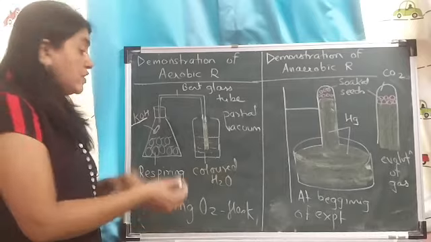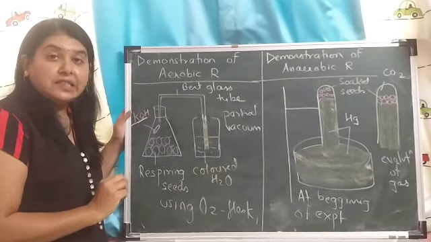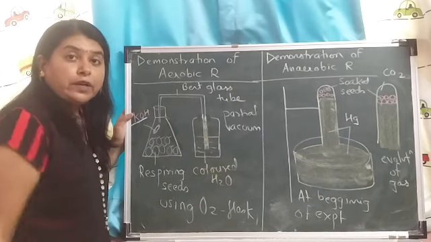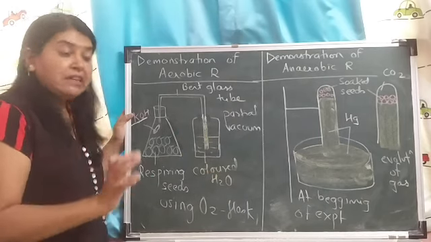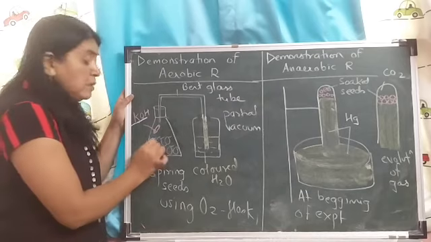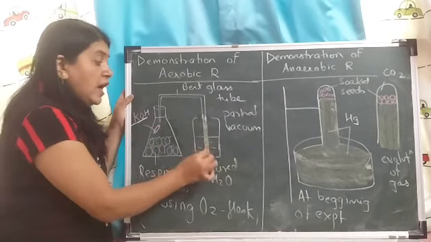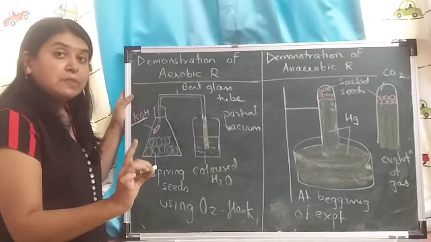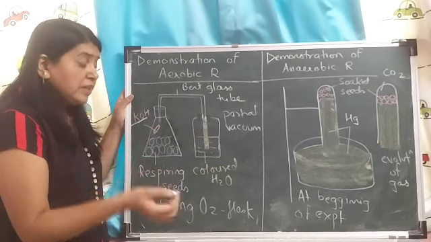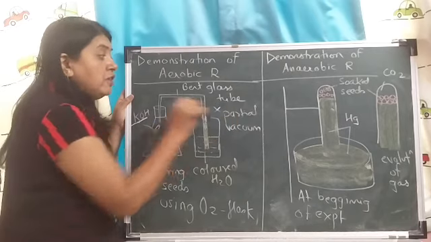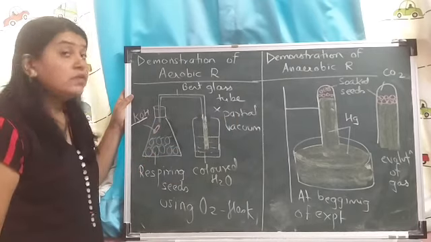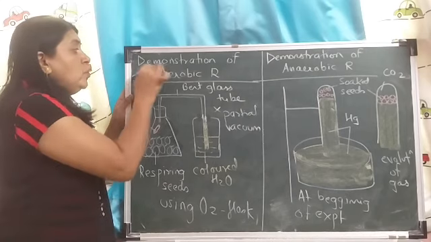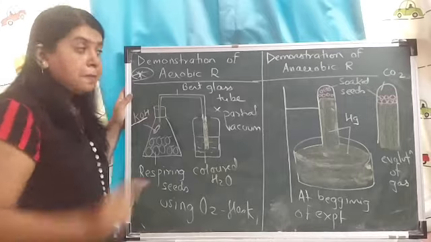Now, in place of this, if you are going to take dry seeds, in case of dry seeds, there is no rise of colored water in the tube. I am not going to show the diagram now. I am just going to tell you orally. ह्याच्यामध्ये जर आपण ड्राय सीड्स घेतल्या तर आपल्याला ही राईज दिसत नाही. Why? It is because dry seeds do not respire, and therefore there is no creation of partial vacuum and no rise in the level of the colored water. Okay, so this is the experiment, which is a very important question, MCQ asked in your exam, right?